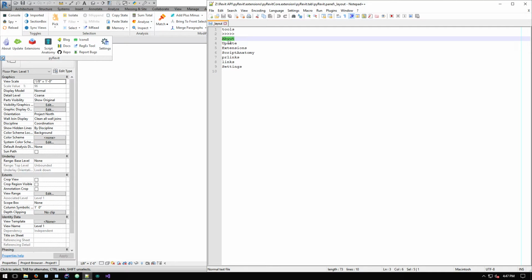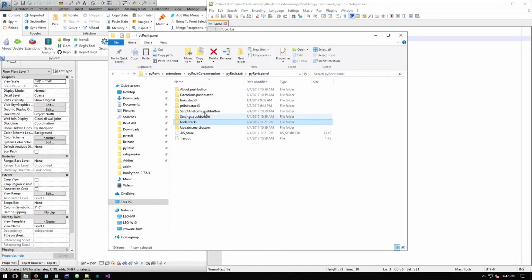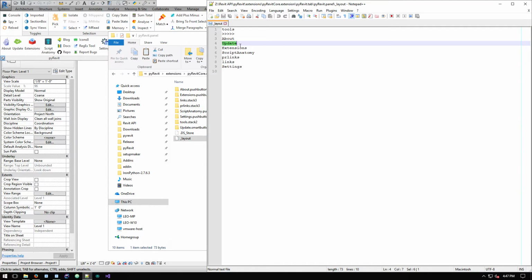Very simple. Just make sure that this name that you type here matches whatever the name of the tool is that you have listed here. One of the ways that you can remove a tool from your panel or tool set momentarily, if let's say there's a tool that's broken or doesn't work anymore, and you want to keep the tool in your extension folders, but you don't want a button to be created for it in the UI, one of the ways to do it is to create this layout file and omit the name of that tool